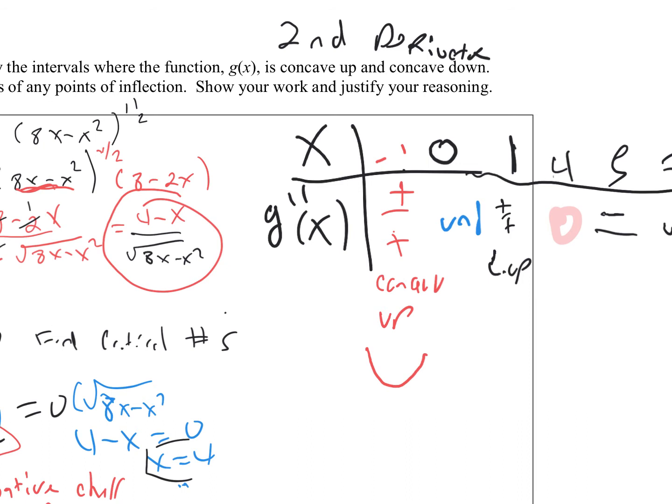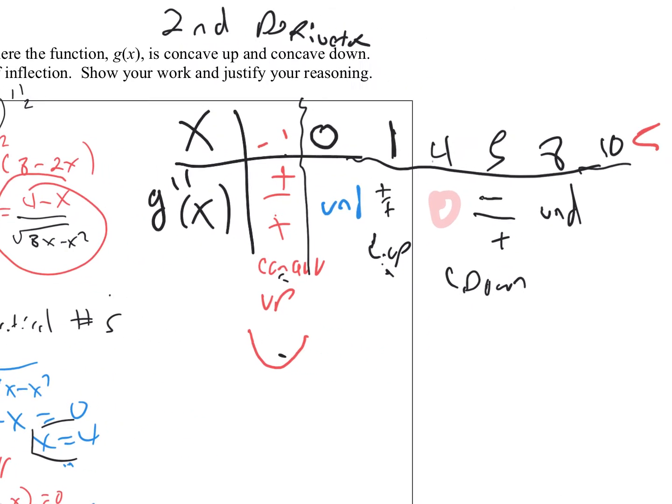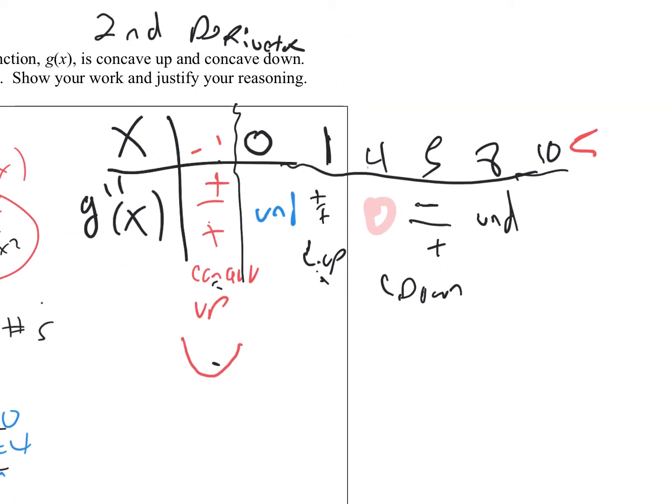What's happening there? 40 minus 25, it's still positive. So that's going to be concave down. Concave down. So we have 2 concave ups, supposedly. I'm still wondering if there's something weird happening over on this side, but I don't have time to babysit it. I could have a mistake there, but